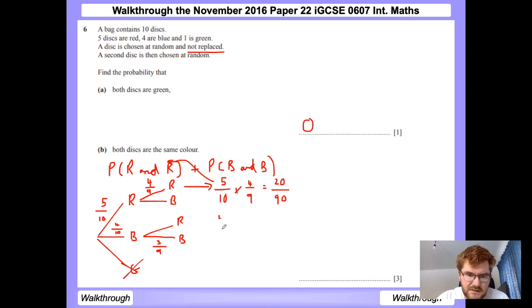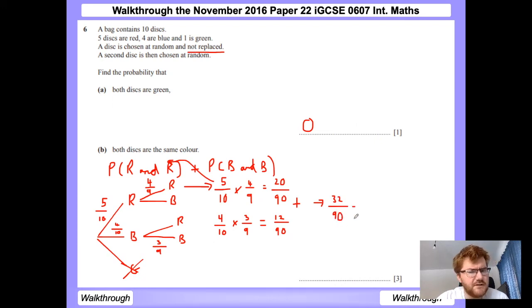This one we'll do a similar calculation. So we're going to multiply 4/10 along the branches times 3/9. That gives us 12 out of 90. And then finally we're going to add those together, and that gives us 32 out of 90,